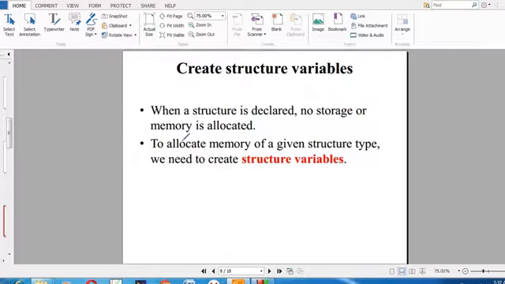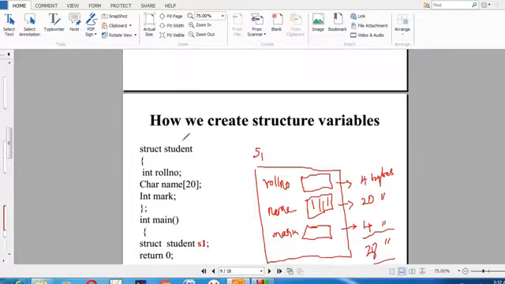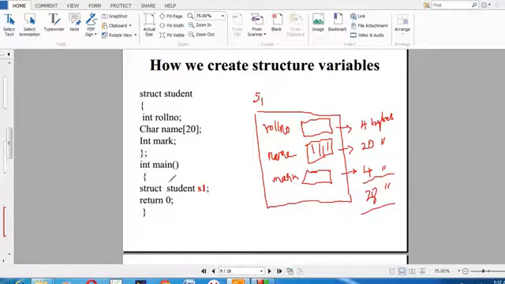How to create the structure variable? We can create a structure variable in two ways. One is inside the main function. Here I created the structure. Inside the main function I can create the structure variable: struct, structure name, and then the structure variable, S1 or S, whatever it may be. It is also a user defined name, so we can give any name. If you create a structure variable, the memory allocation will be like this.